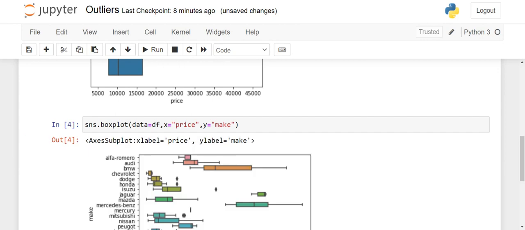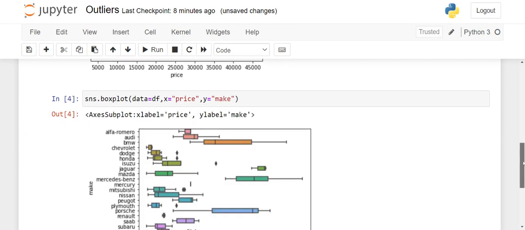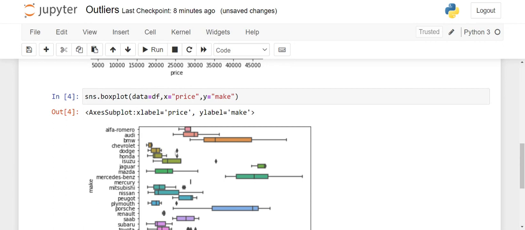After running this, we get a box plot something like this. These black dots that you see are the outliers. So there are outliers in Dodge, in Honda, in Isuzu, in Mitsubishi, and all these.